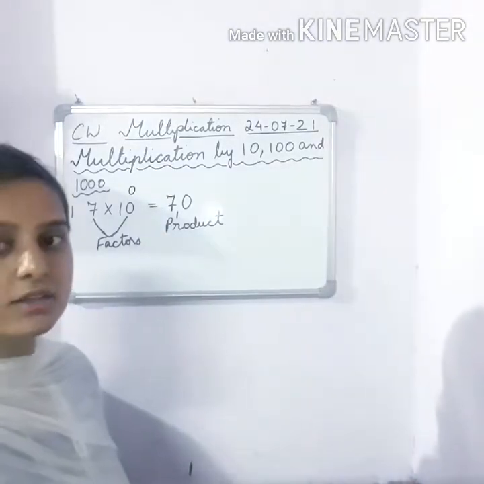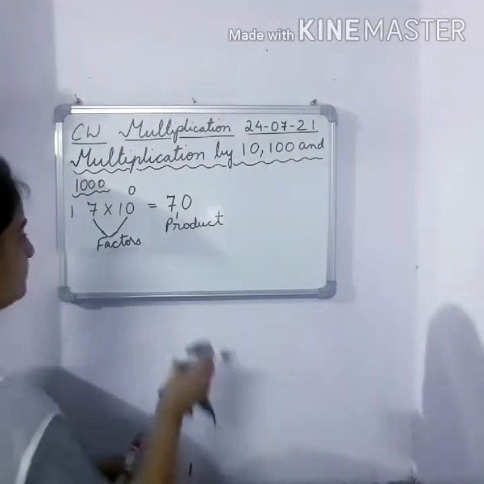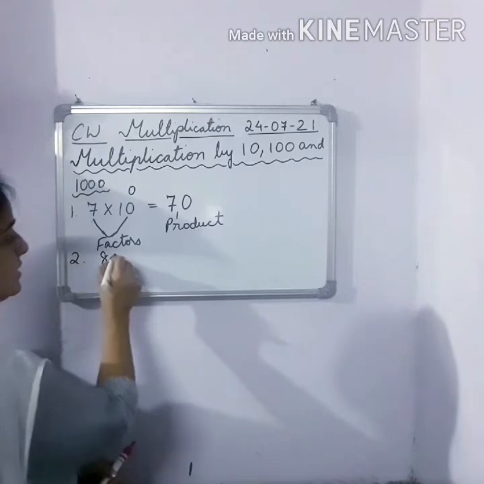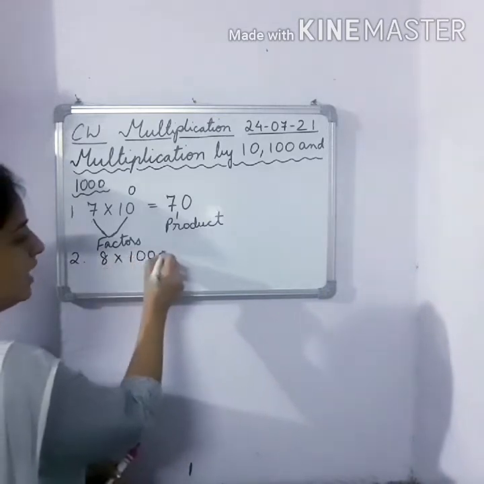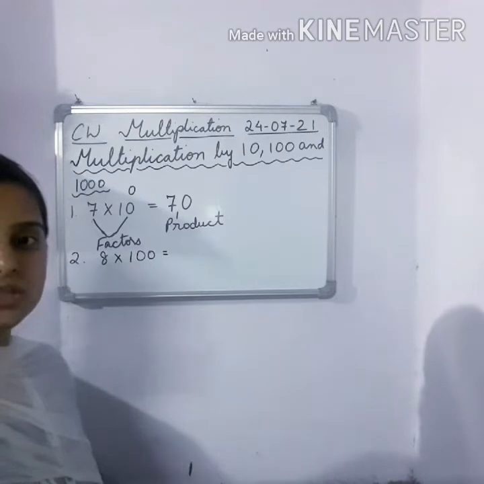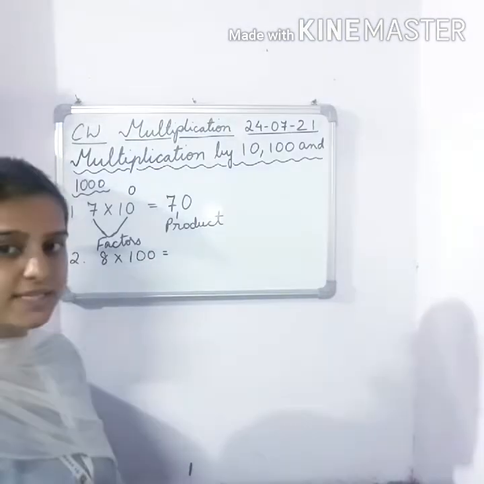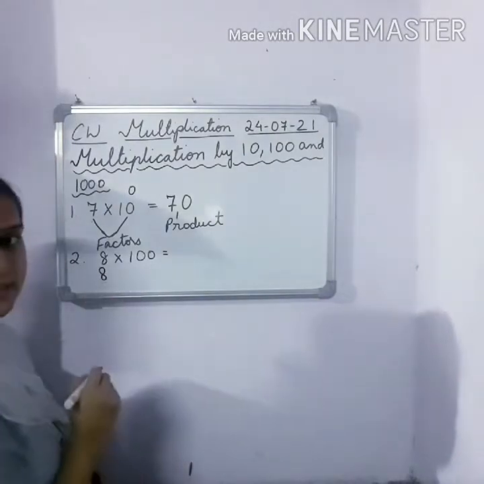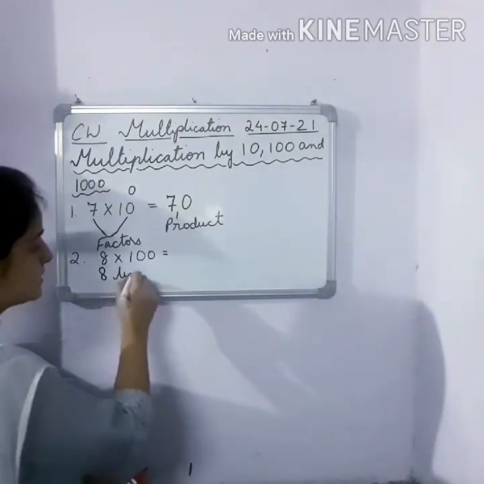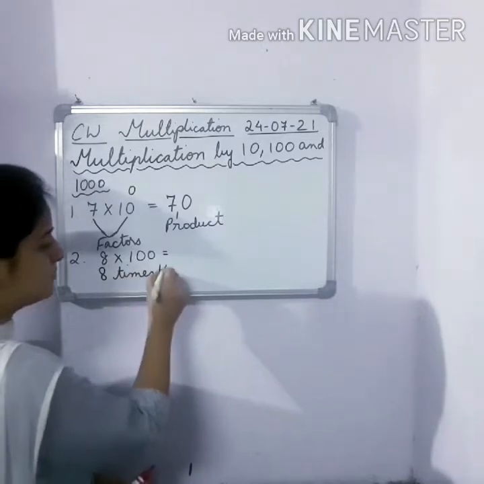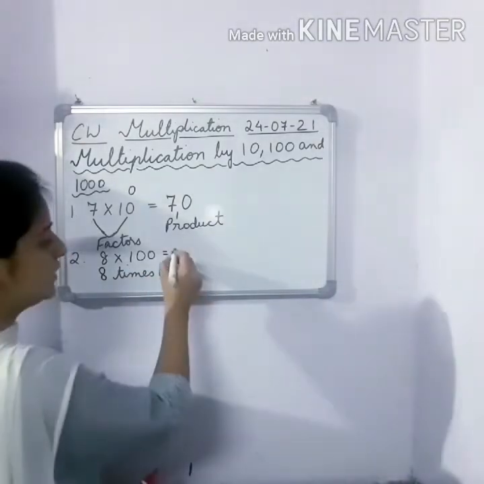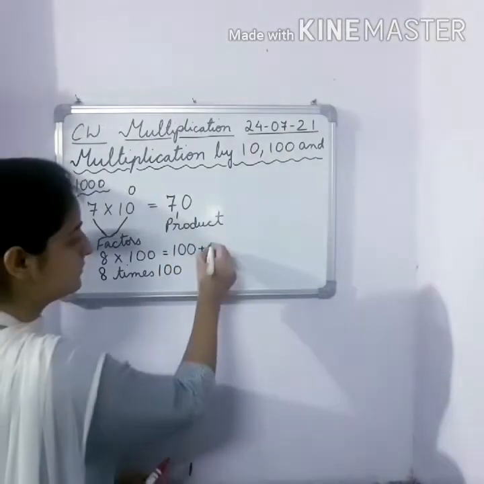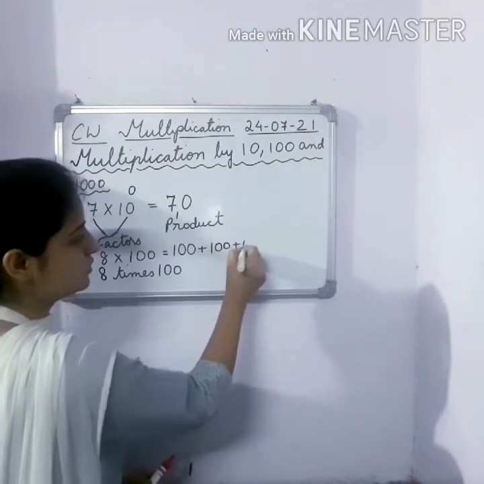Let's see multiplying by 100. Example: 8 into 100. If we do repeated addition, children, how do we call this? As 8 times 100. That means how many times will we write 100? 8 times. 1, 2, 3,